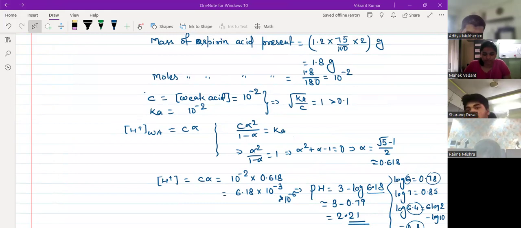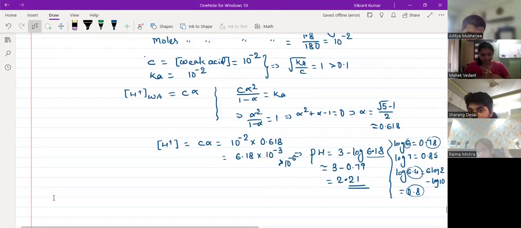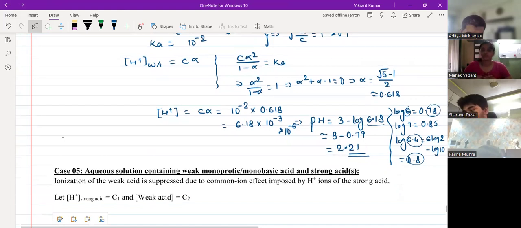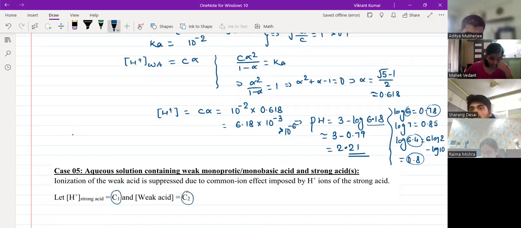तो केस नंबर 5, इफ आई एम हैविंग वन मोनोप्रोटिक एसिड अलोंग विद वन और मोर स्ट्रॉन्ग एसिड्स, ठीक है. केस 5 is if I have got one weak monoprotic acid along with one or more strong acids. Strong acid से H plus का concentration कैसे निकालते हैं, that we have already calculated. I am assuming them to be C1, and weak acid का concentration,